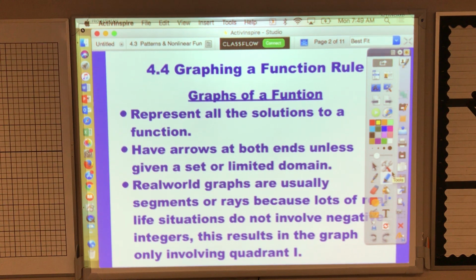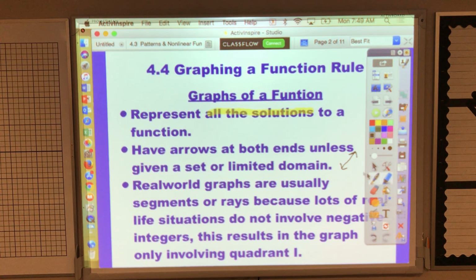Today you'll be learning lesson 4.4 on graphing a function rule. So let's talk a little bit about the graphs of a function. The graphs of a function represent all the possible solutions. Every answer, every output you could get for that situation. They have arrows at both ends. So most of your graphs are going to be a line, arrows at both ends, unless it has a